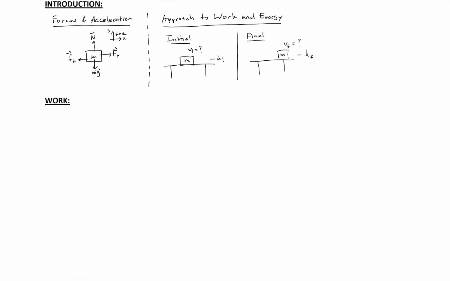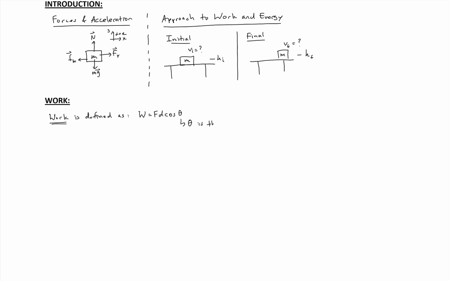Moving on to work, we should start with a discussion of what it is and what the equations are. So with work, whenever you apply a force to an object and cause the object to move, work is done by that force. So we can define work as the following. So work is defined as W equals FD cos theta,